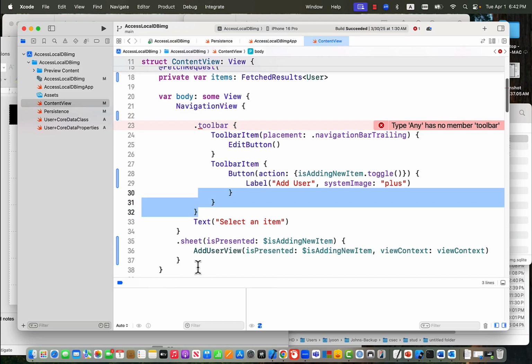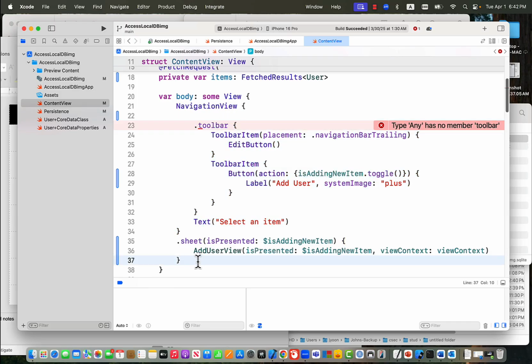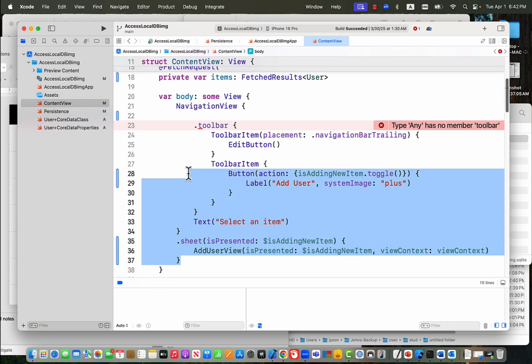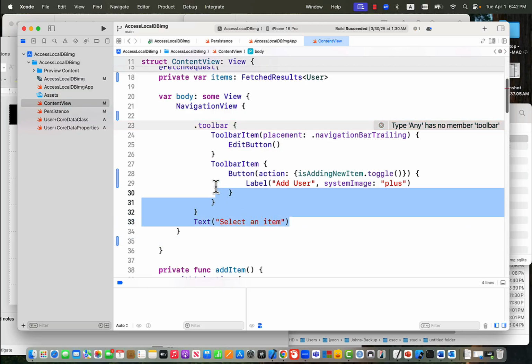Add user views. Let's see. I don't think we need all of this. I'm going to remove this and then